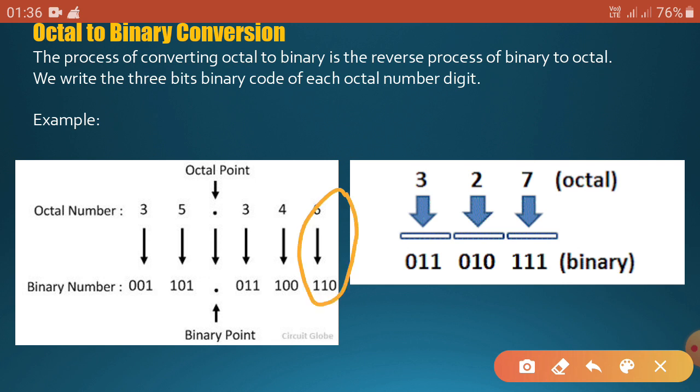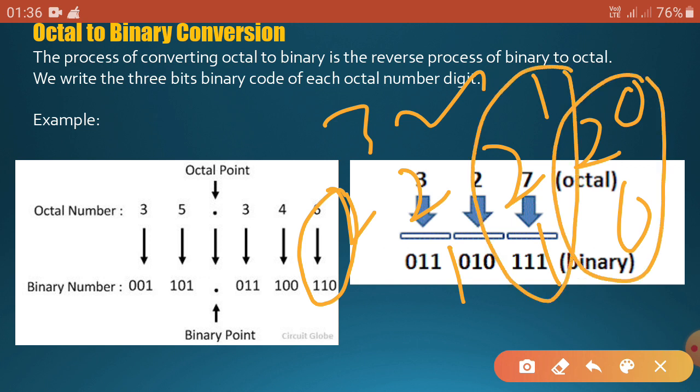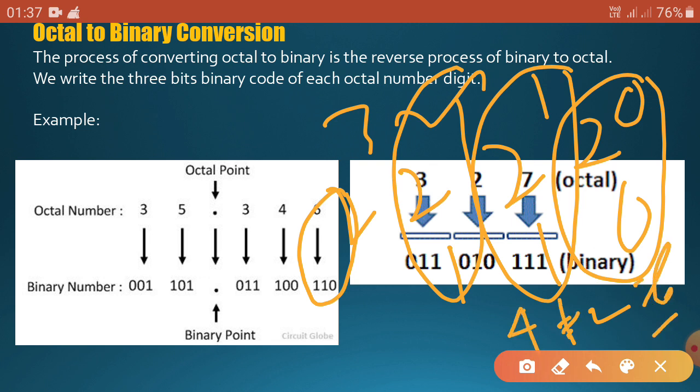It is very simple. The positional weight is 2 to the power 0, 2 to the power 1, 2 to the power 2, like that. 110 means here the 0 will be nullified. This is 1 into 2 to the power 1, that means 2, and this is 2 to the power 2, which is 4, multiplied with 1, that is 4. So 4 plus 2 equal to 6. So 6 means 110 in binary. You can write any number in the binary number system that way.